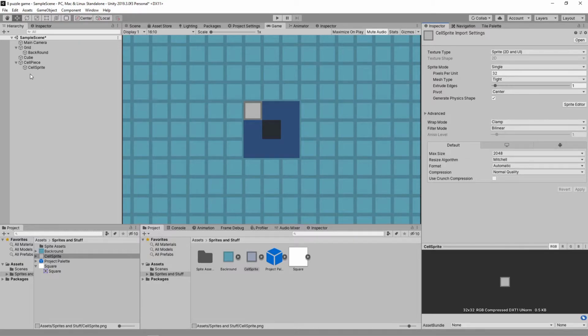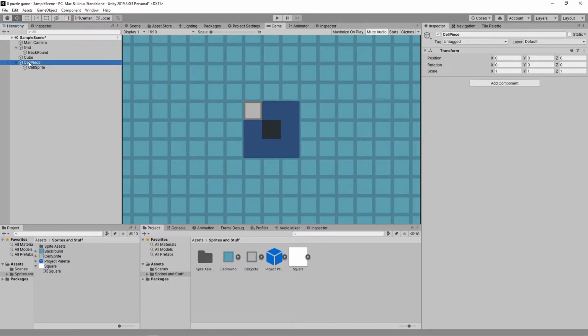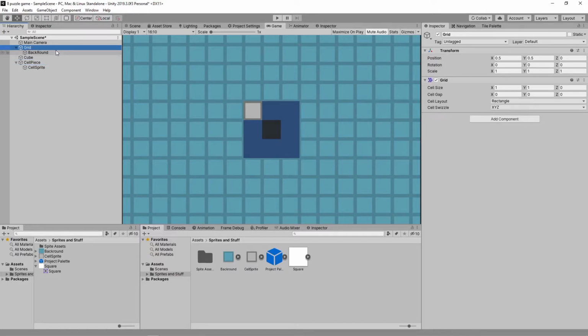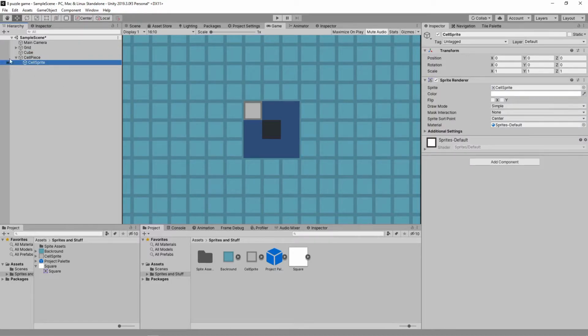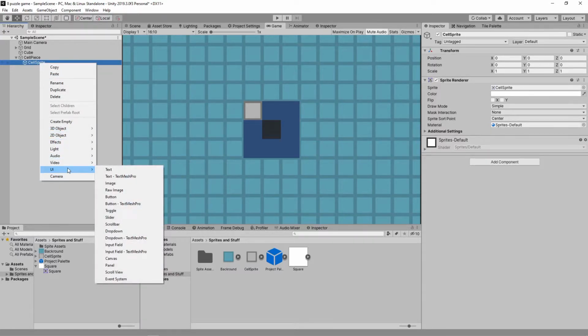Now, the reason we are doing the cell separately from the grid is because we want to move them. At this moment, we are not going to be able to interact with the grid. There are definitely ways to do that, but it is a lot of code unnecessary for a small project like this. So after we have a cell piece, the next step is to click on cell sprite, right click on UI,